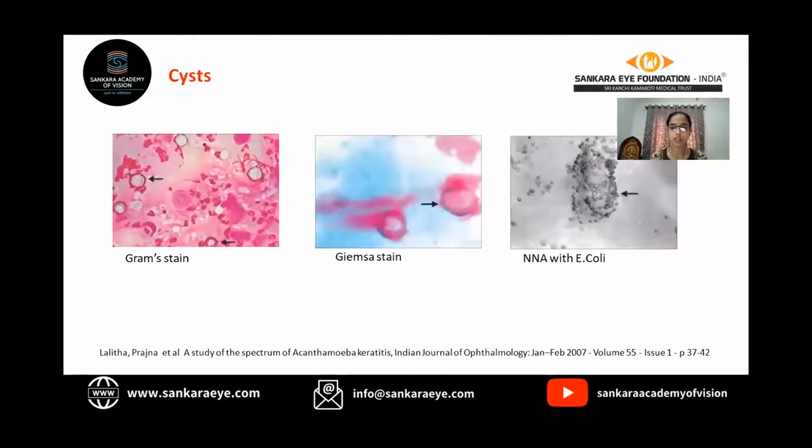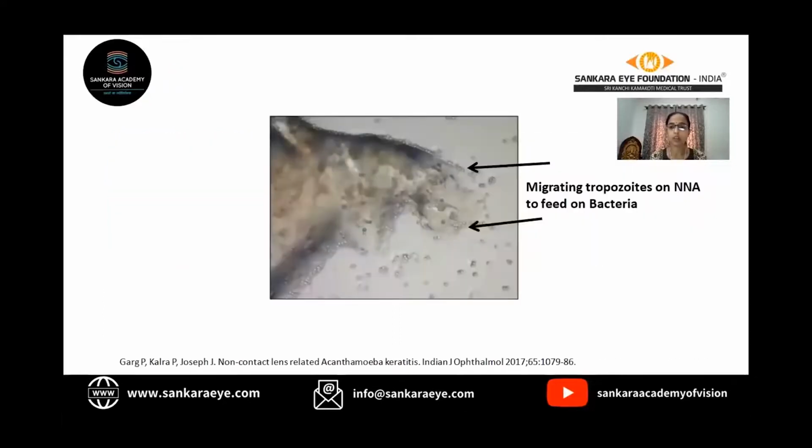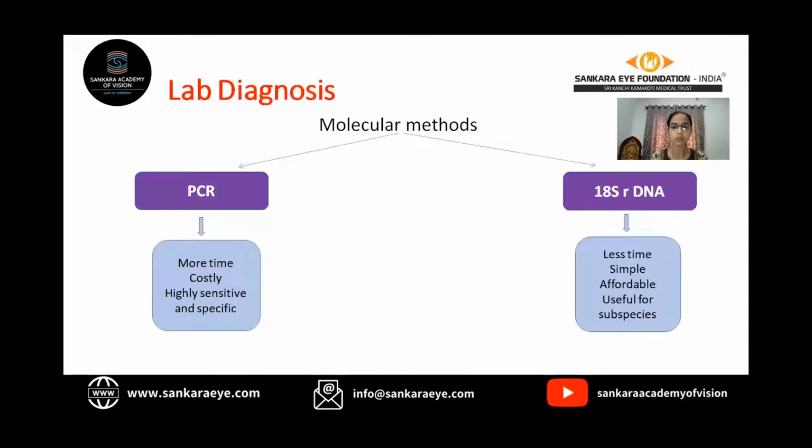The cysts are seen here in Gram stain, Giemsa stain, and NNA with E. coli. These are the migrating trophozoites on NNA to feed on the bacteria E. coli. Molecular methods involve PCR and the newer method 18S rDNA, which takes less time and is simpler than PCR, but PCR is